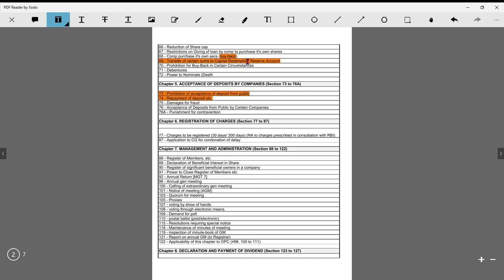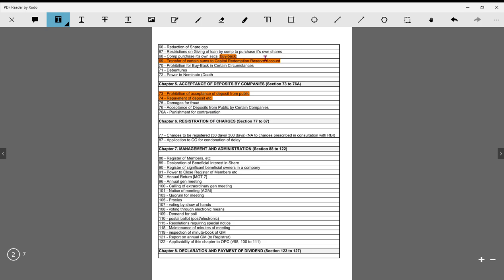So by remembering bonus shares, I know the bonus shares has to come from capital redemption reserve account, and the company has to buy back securities first in order to fill the money in here. What are the things that we can remember by remembering this 169 alone? See, above 69 everything is about the conditions of buyback, and below 69 it will be about why you shouldn't do buyback. See, 68